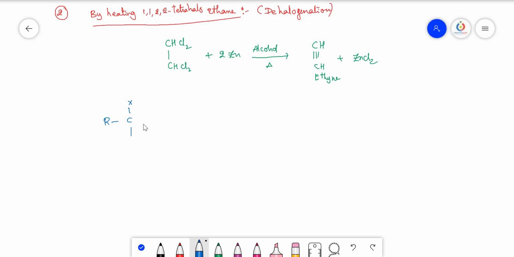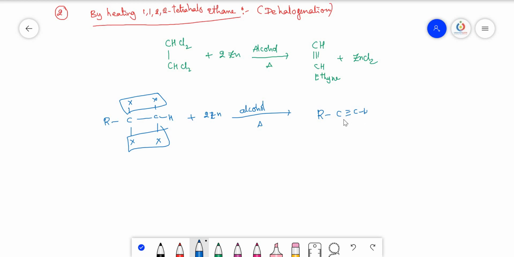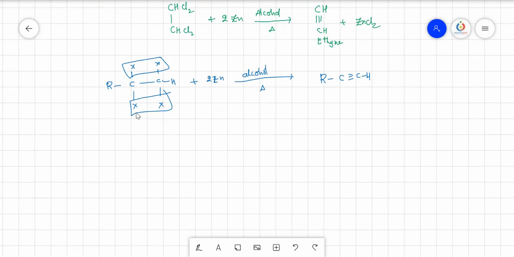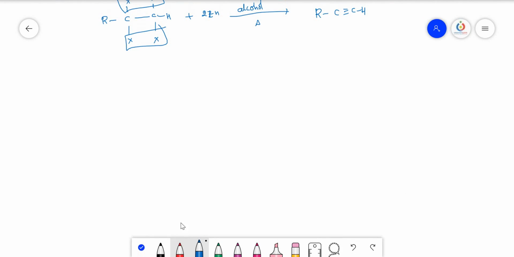RCX, some halogens, hydrogen, 2 moles of zinc, add alcohol and heat it. It just removes these halogens and puts two bonds in addition to the existing single bond between those two carbon atoms, so that we get the ethyne molecule. So this is the second method. And the third method is